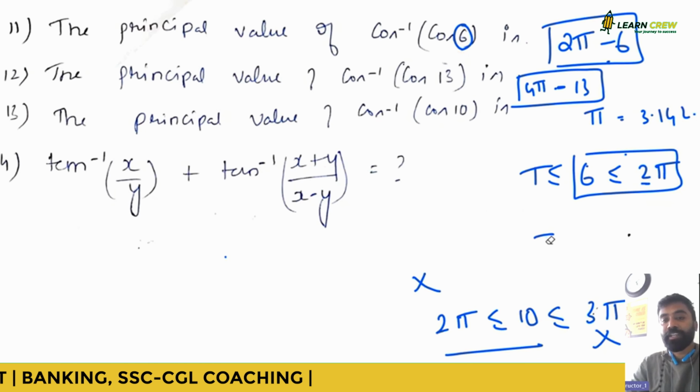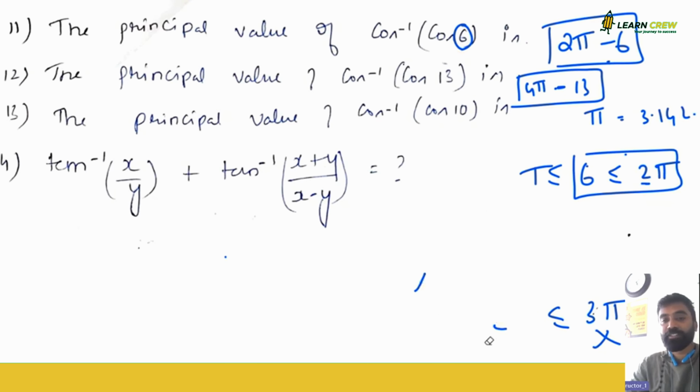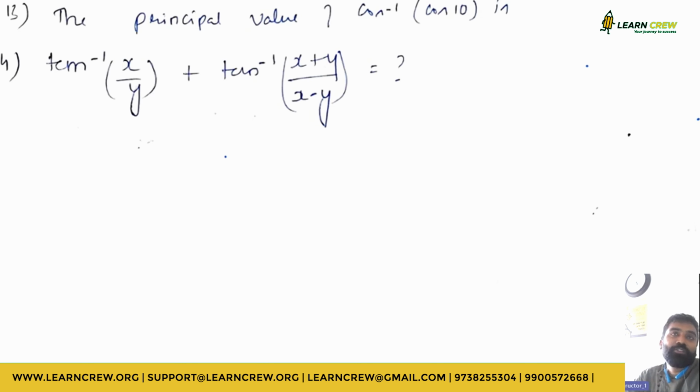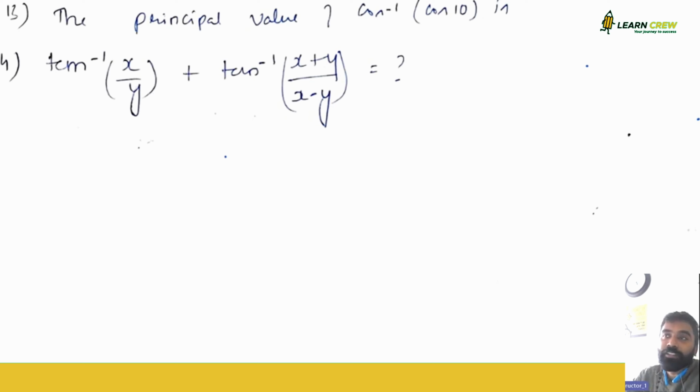Tan inverse of x by y plus tan inverse of (x plus y) divided by (x minus y). Okay, see one short trick. Whenever you get these kinds of problems, check the options. If they are giving some values in them, finding the values of x and y becomes a bit tedious. If they are going to give some values and ask whether this is right or that is right,